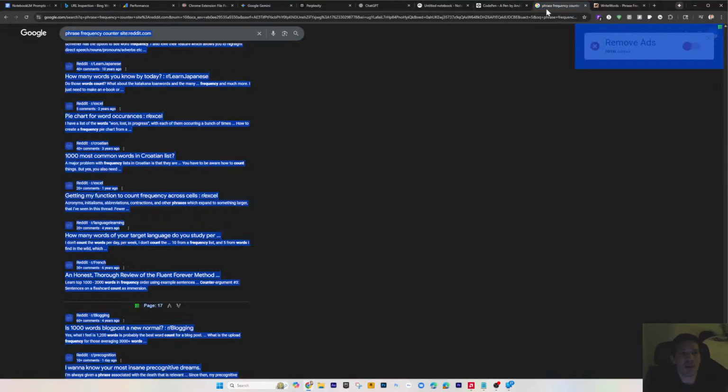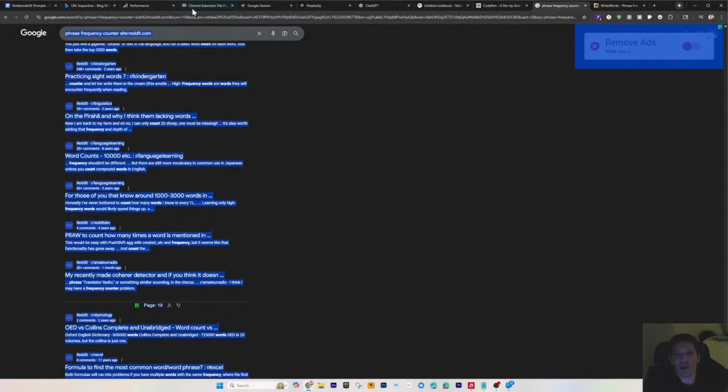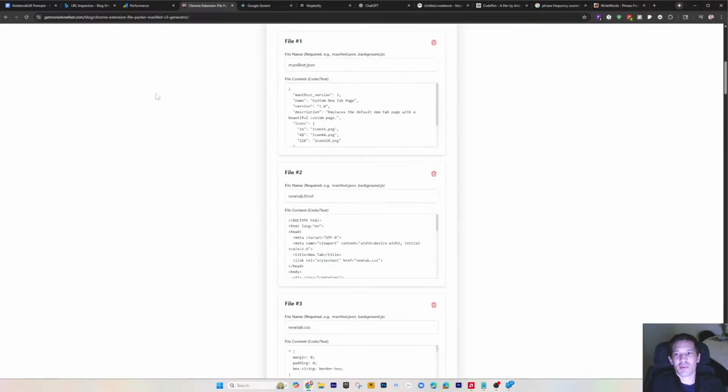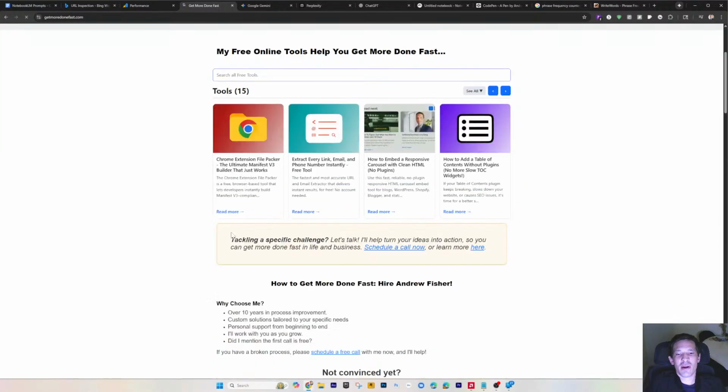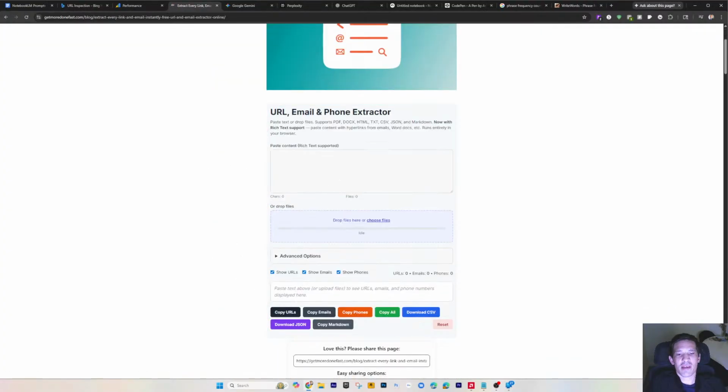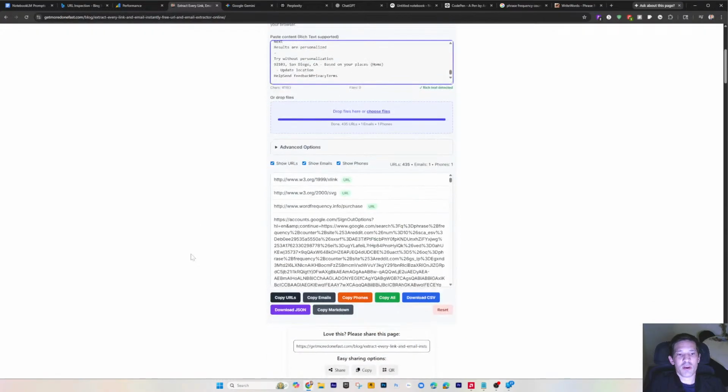So I'm going to take all of these links that I just copied. I'm going to use a tool that I built recently that's on my website, where it'll extract just the links from text. So I'll take that text, paste it in here, and it'll tell me how many URLs it found. And it actually found 435, which is way more than I need. In fact,